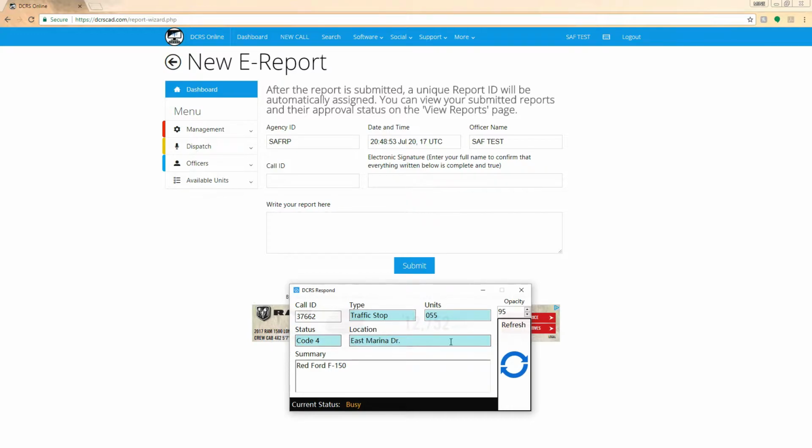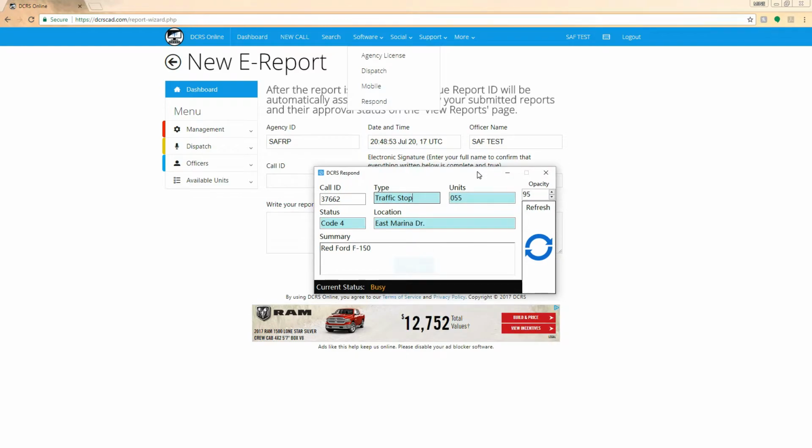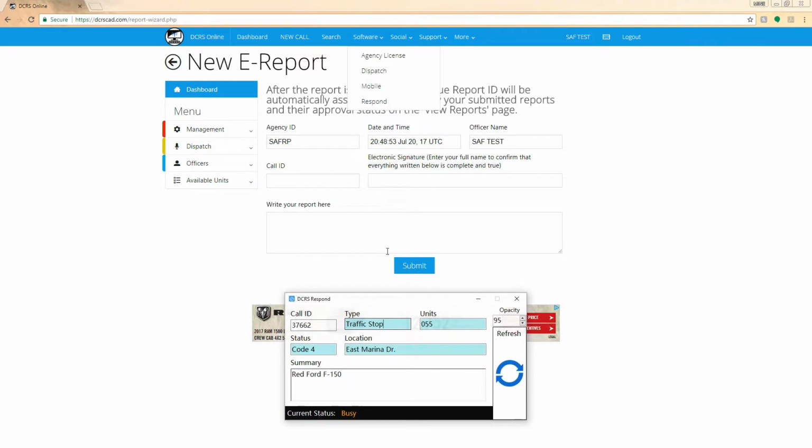Alright. This here is a separate thing, which you'll go right here to software. You go to respond. You'll click on that. You'll click download. You'll download this, install it, and then you'll log in with the same login information you logged into right here. This right here, this that I'm moving, is what is talking to me when I do the business. So, call ID right here,